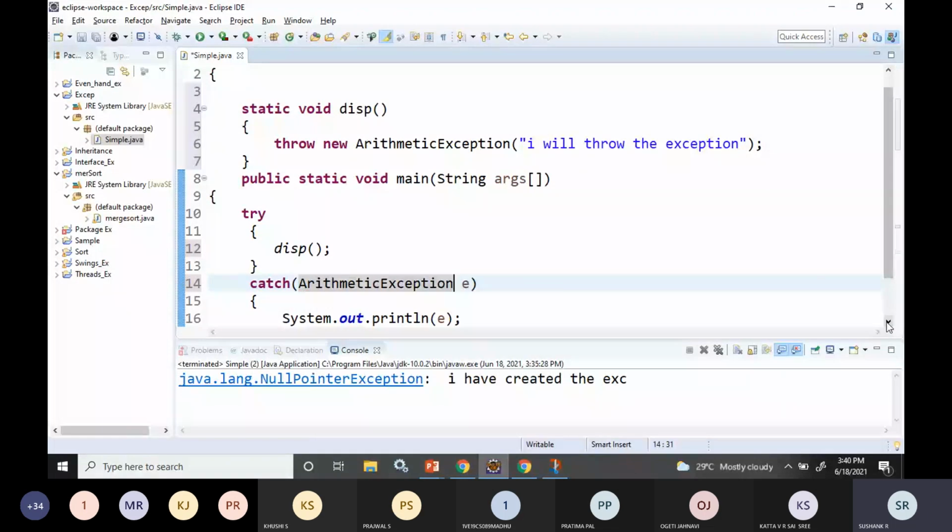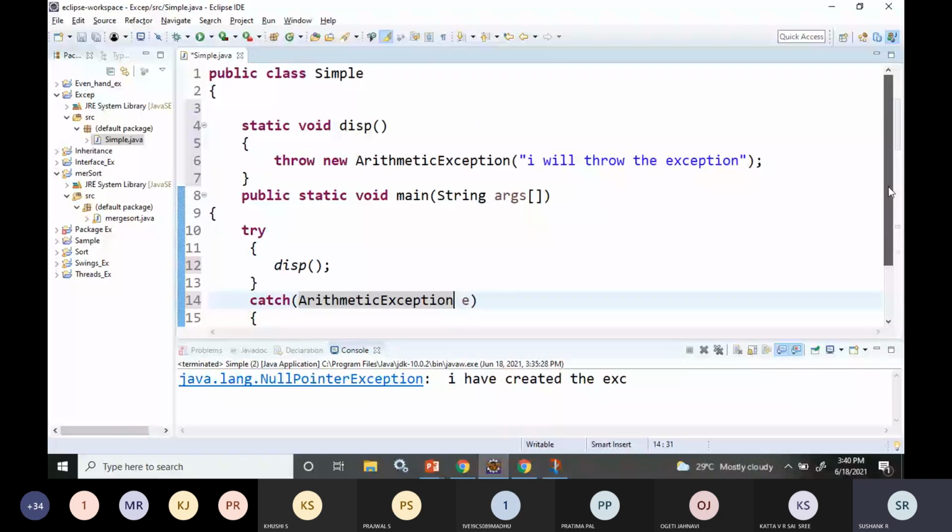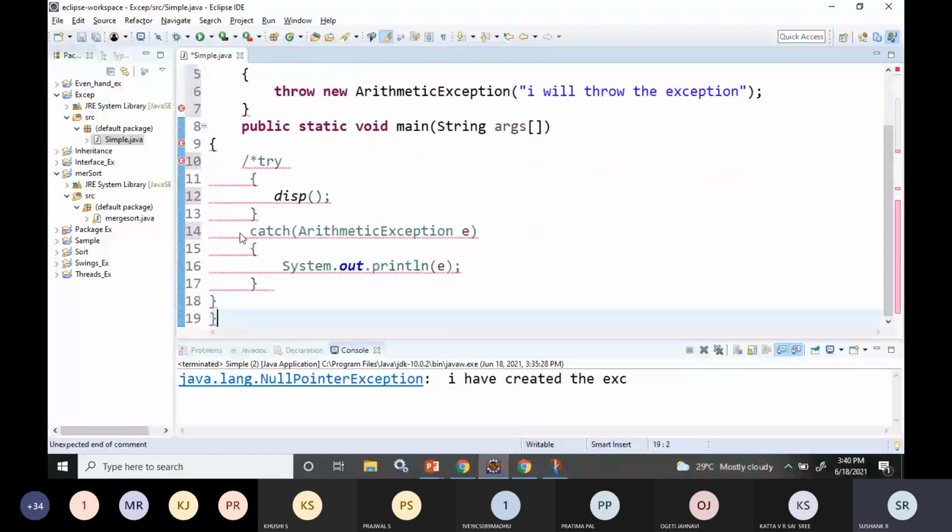But this information is not known to the caller. So in order to understand this, I'll just comment this part, and I will run now.